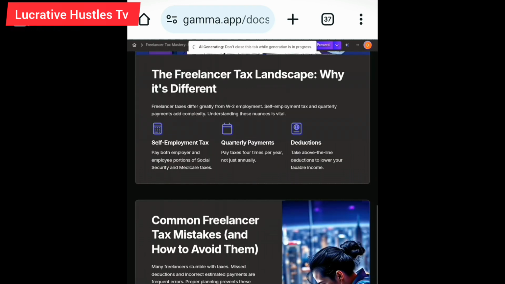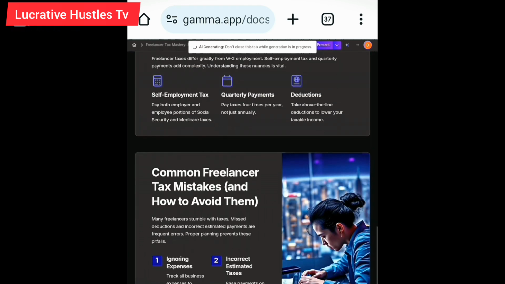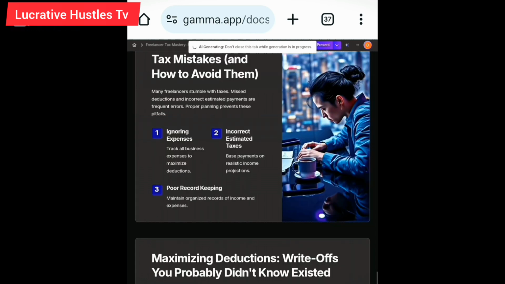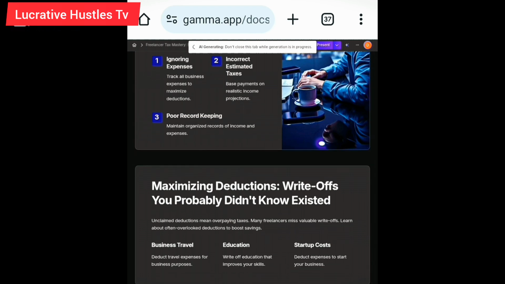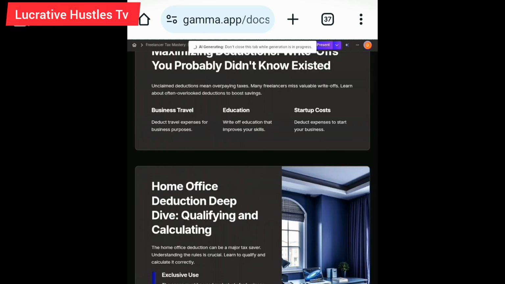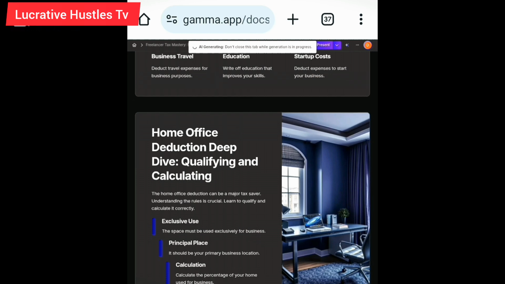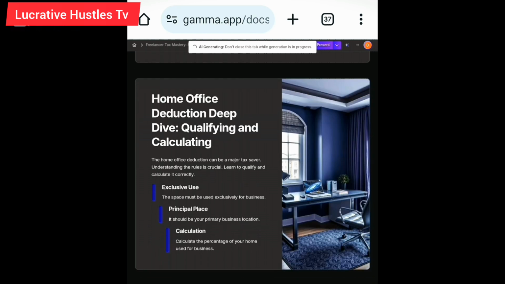You can change the image, right? You have full control of this particular tool. This is the reason why I love this tool so much. Right from your very eye, Gamma has gone ahead to produce a digital product and I'm going to be able to package and sell. The reason why I strongly believe that this digital product is going to sell is because